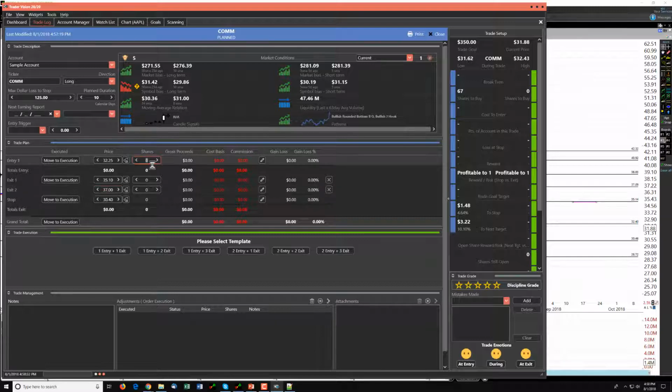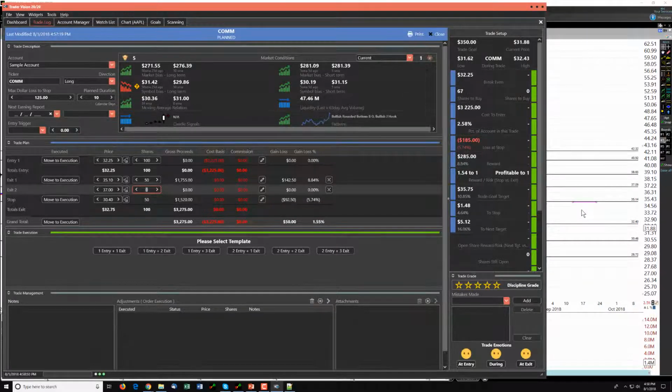Again, let's look at 100 shares. For this little account, that's only 2.5%, $185 risk. But if we sell half of them here, 1.5 to 1, so I might have to look at tightening that stop,